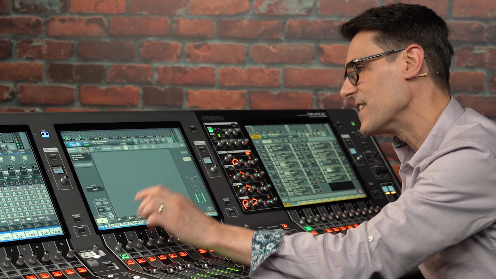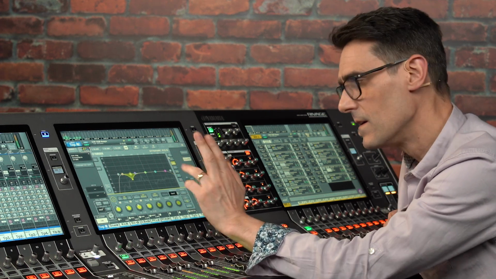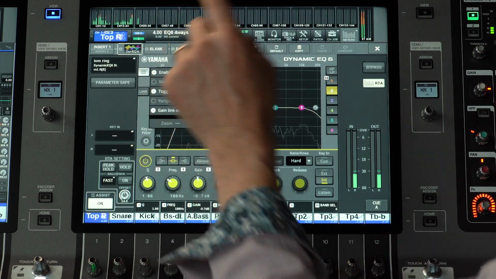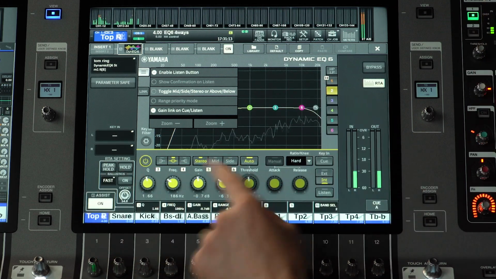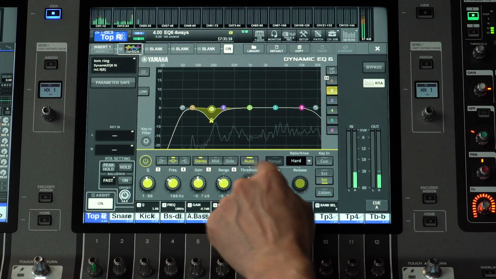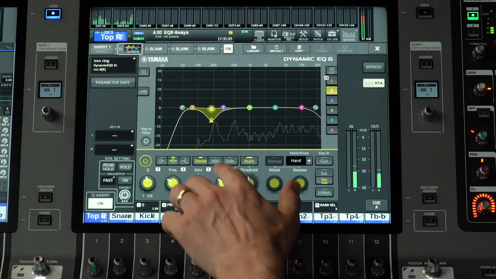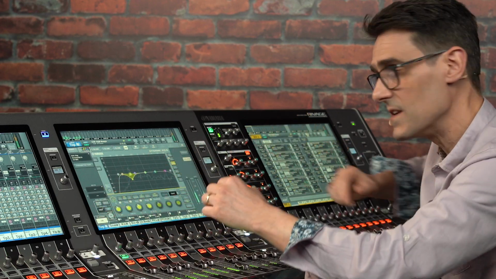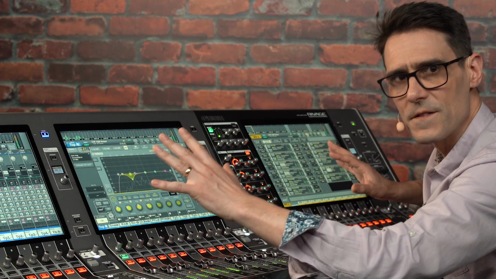So far, we have mainly been looking at dual mono plugins. Now let's see a stereo version where we have an intriguing additional option. Once you've selected the above or below mode to suit your need, open the menu and toggle mid-side stereo. Now, 2 additional modes are revealed for each band. Stereo is the default mode which applies the EQ across the whole signal. Mid will apply the EQ to sounds in the center of the stereo image, while side will apply the EQ to the wider parts of the stereo image.